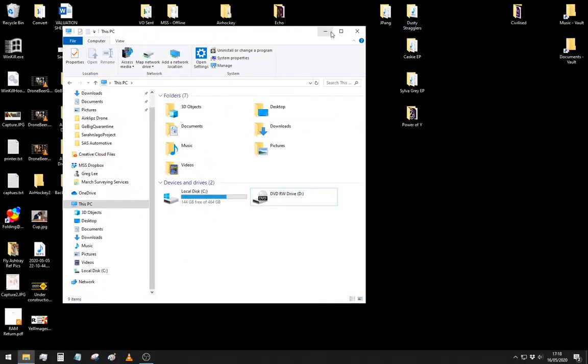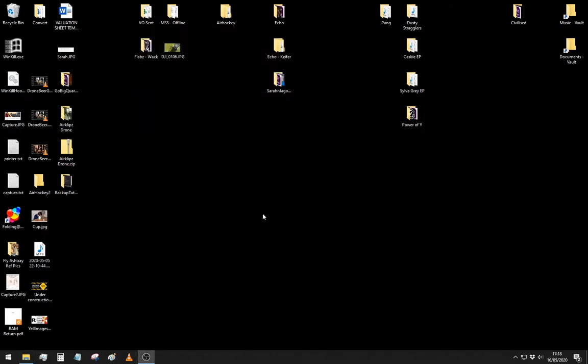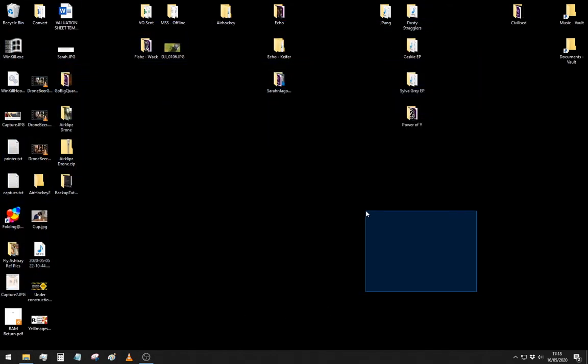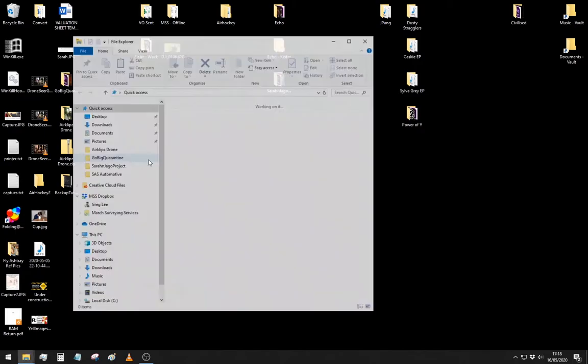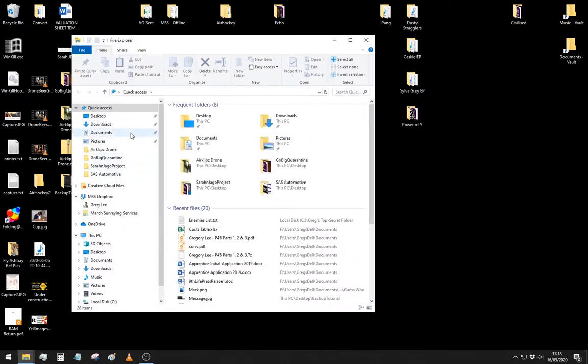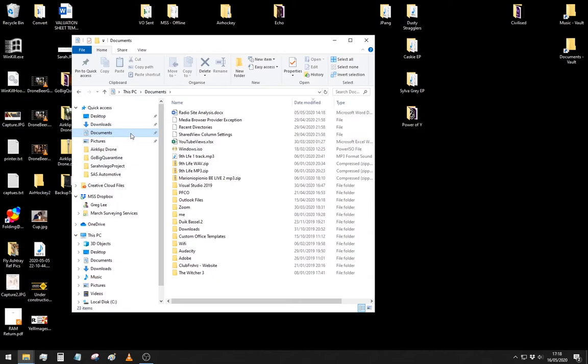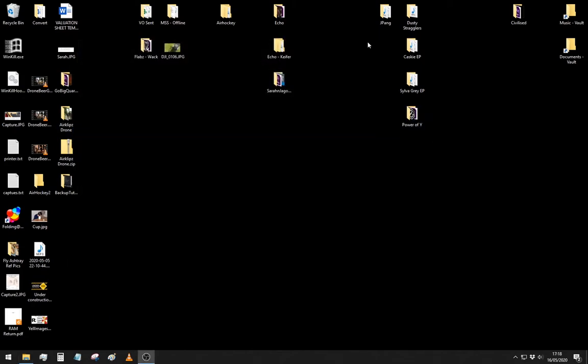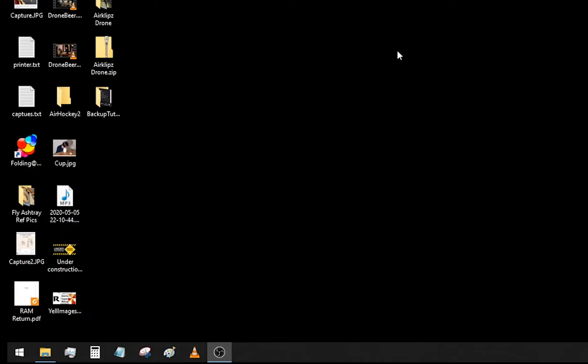Now, if you're like me, I tend to have my active projects, if you like, stored on my desktop, and every now and then I will migrate them to my documents folder. So that would suggest that all of the data that I generate is either on my desktop or in my documents folder. However, it's worth checking that by accident we haven't moved the data to some random place. So again, we'll open up File Explorer